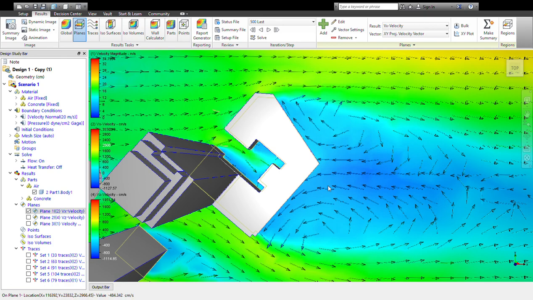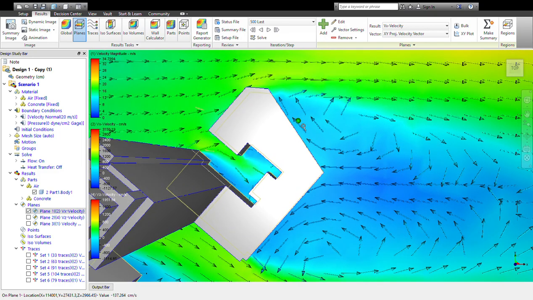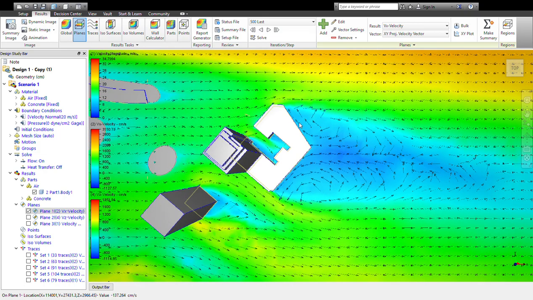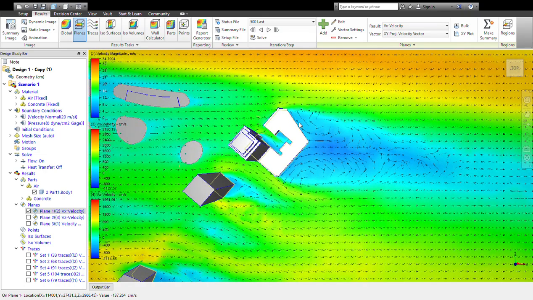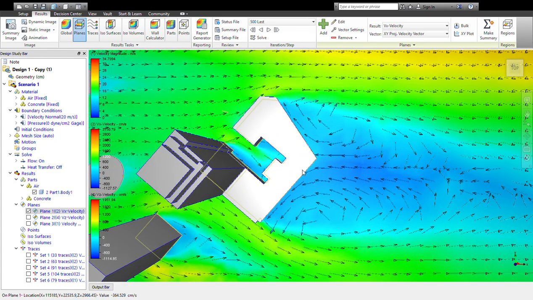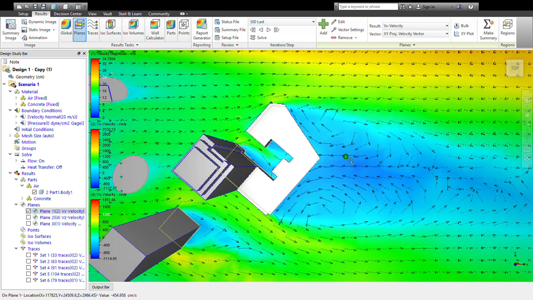So actually, if you're standing in this area, you will have a positive wind, while in this area, you will actually have a negative wind. So this is also important to look at carefully when you're analyzing any building, and to make sure that all these factors are looked at carefully when we're studying